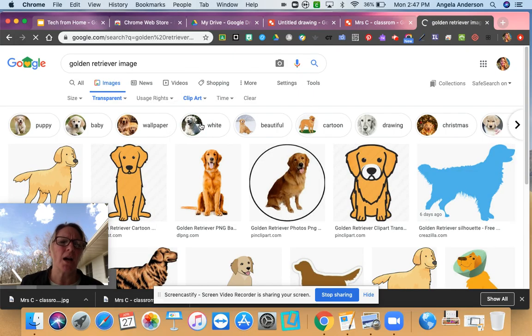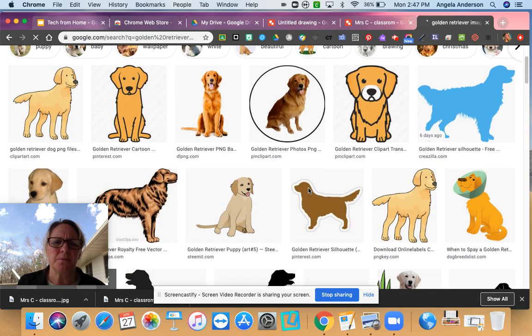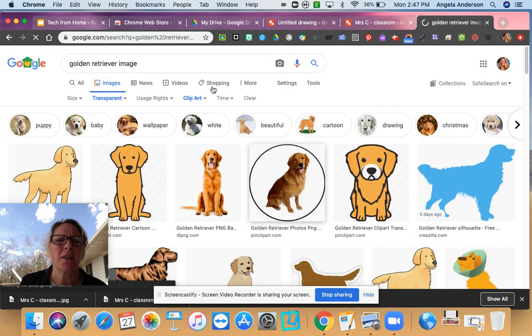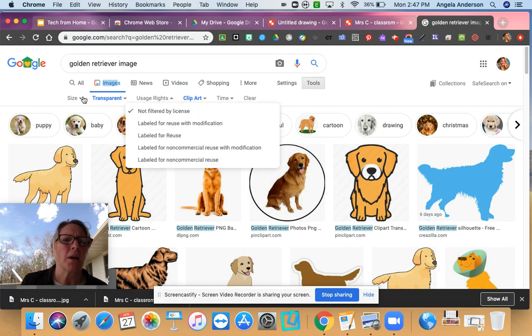So then I can just go ahead and copy any of these images and put them onto my virtual classroom, put whatever images I want. But a couple quick things, like I said there. Here's where you can also go for some of the other things like the usage rights if you're going to be putting this out someplace where you need to make sure your usage rights are correct. But I just went to transparent. So first I went to the images, I went to tools, and then I selected transparent and I selected clip art. And then you can go ahead, select all the fun things you want, make yourself a virtual Bitmoji classroom,